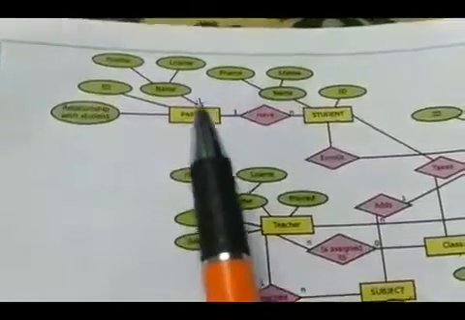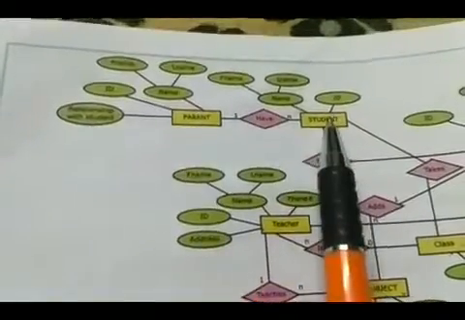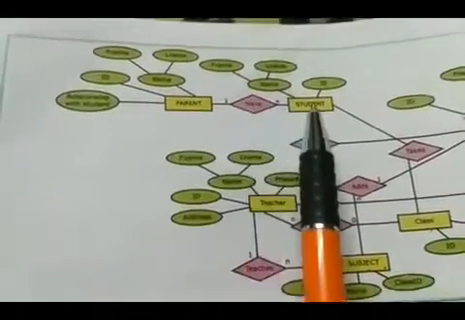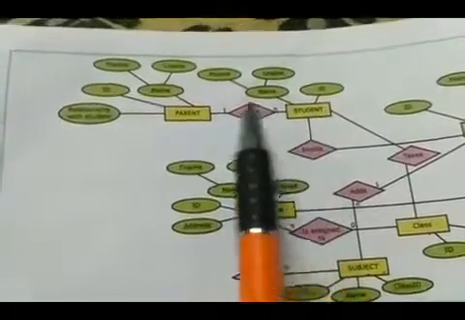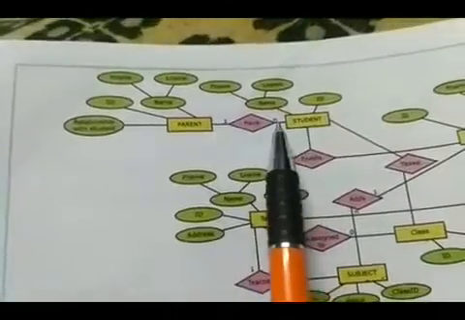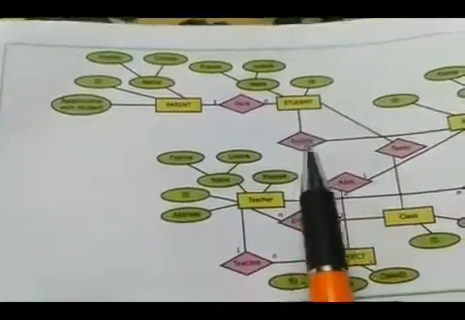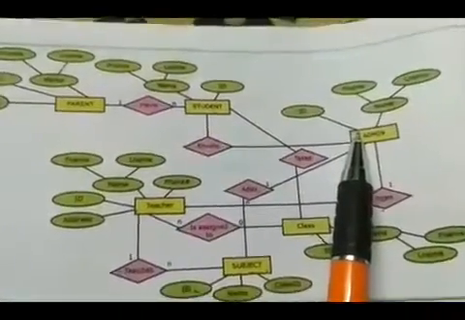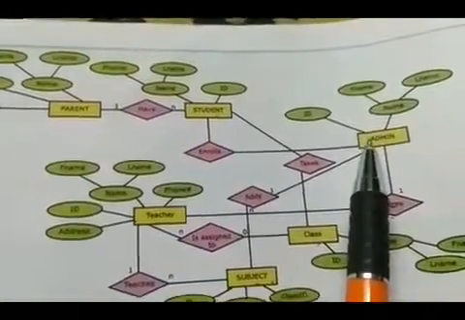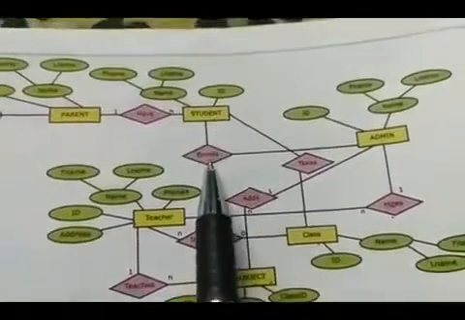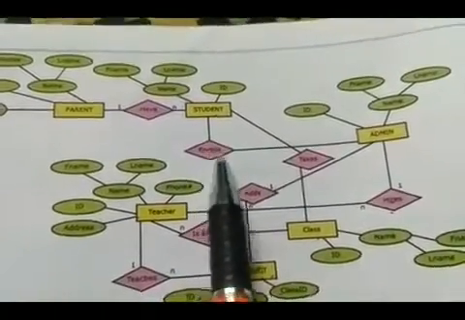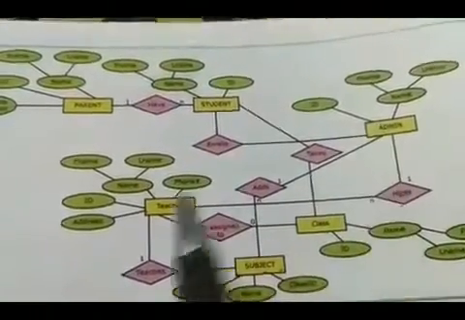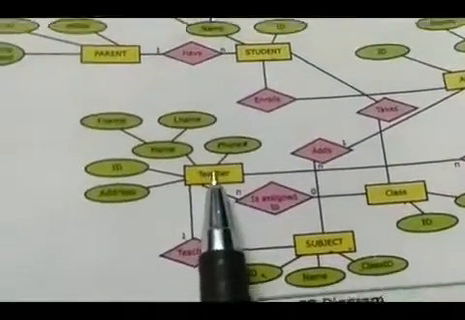So how are they related? A parent can have many children. Here consider a student. So parent to student is a one to many relationship. So they are represented here as 1 and here n. And here student enrolls in administration. In administration only we have to register or file or get admission to the school. So here student enrolls, that is, gets admission from the administration. So that is the relationship here. And here, how is teacher related with the student?